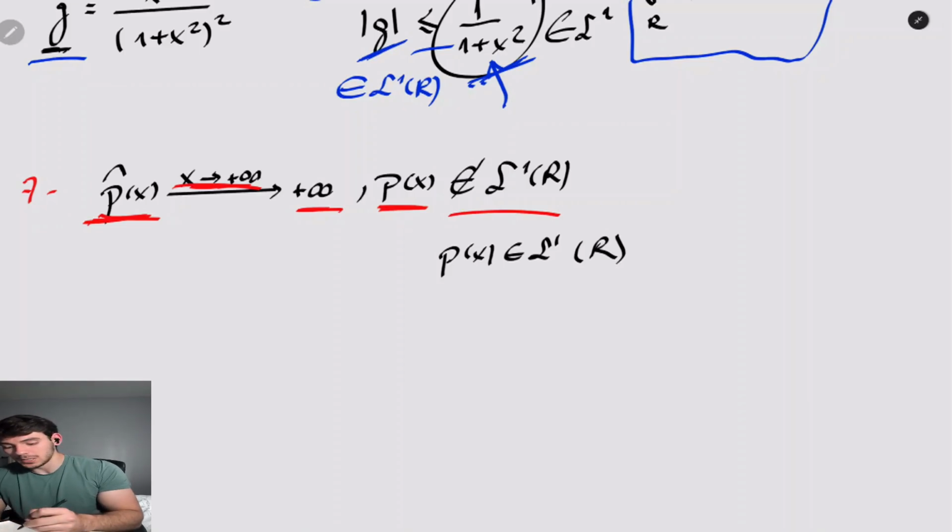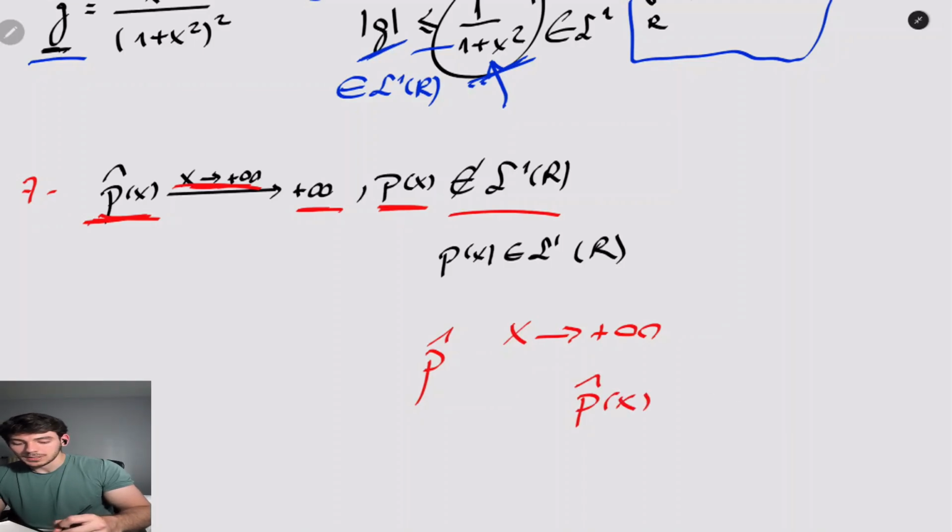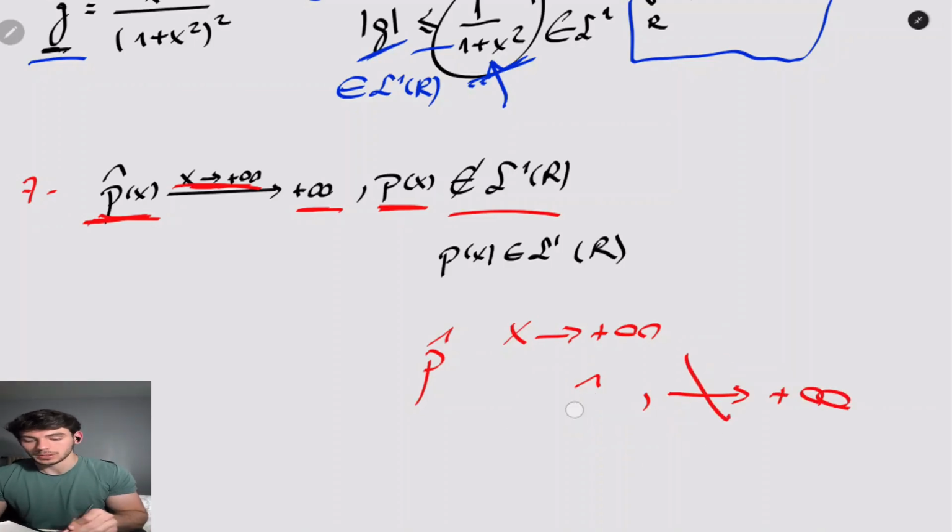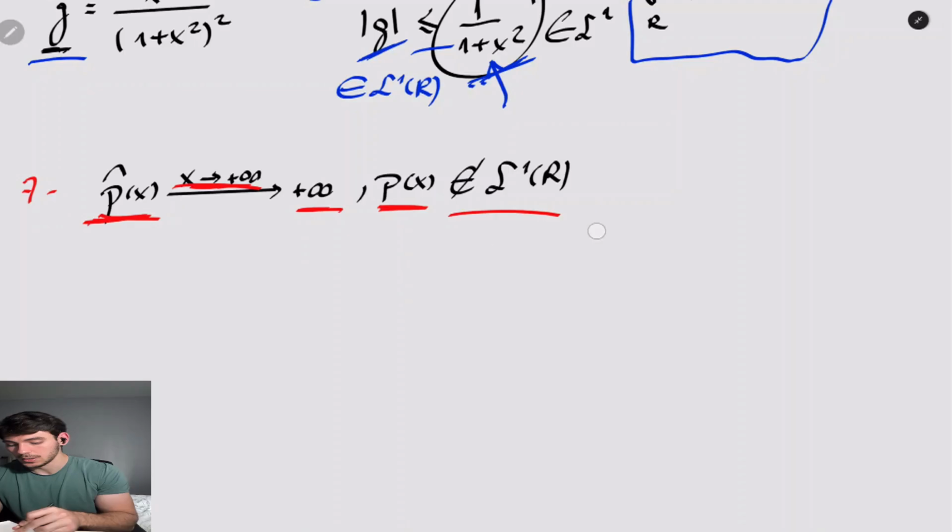Okay, we need to calculate the p hat. We need to make our x go to plus infinity. And we need to find out that the Fourier transform of our function p does not go to infinity. That's what we want to analyze here, okay? So that's the statement, and now